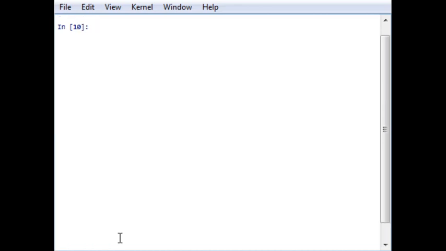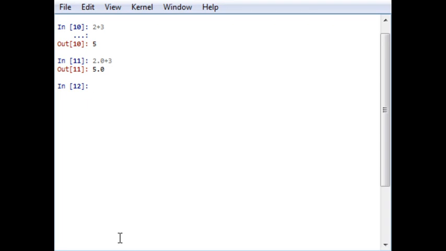Now let's start our coding of basic commands. First of all, I have shown you how to use Python as a calculator. You can add two integer numbers, and the output will be an integer. Similarly, you can add a floating point number with an integer, and the output will be a floating point number.